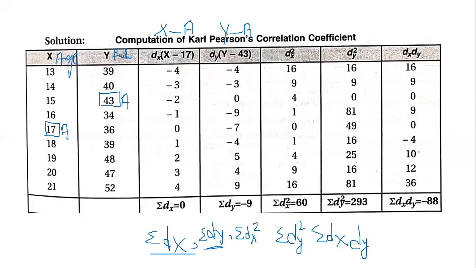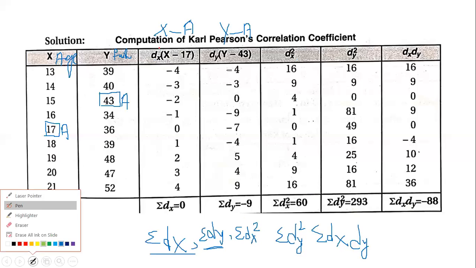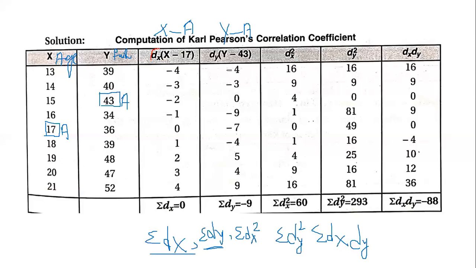Now after this, the next one is squaring of the deviations that we have already found. The deviations which we have already found is dx. Now if I square all these numbers, minus 4 square, minus 3 square, I get dx square. Once I find all the dx square and add all these numbers here, that will give me the next important value, that is sigma dx square.